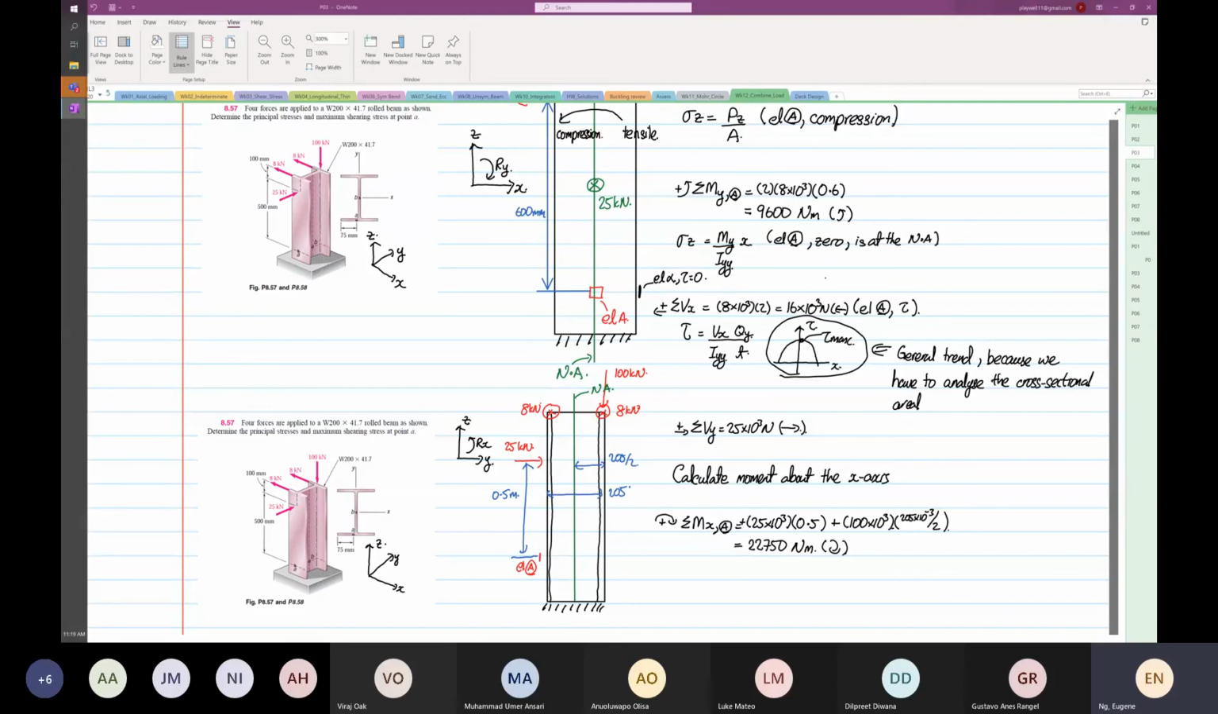So when it's going in that direction, we know that this is compression. This is tensile. So in this mode, you know that element A will see tensile. Now, why do you multiply the 25 by 0.5, whereas the 100 you multiply by 205 divided by 2? This is because the stress is equal to